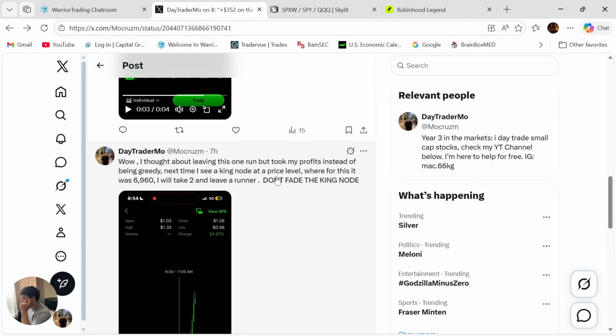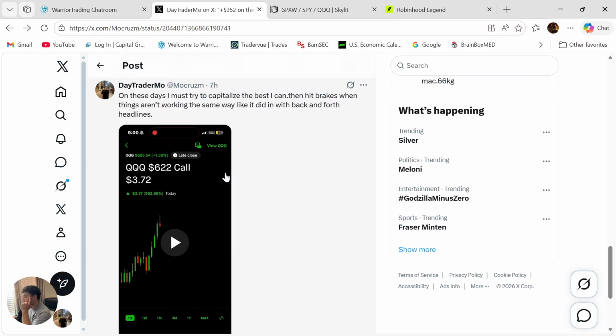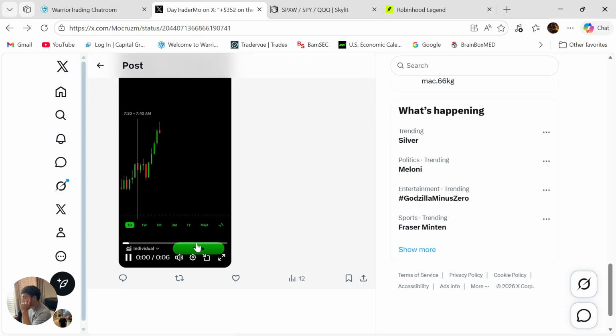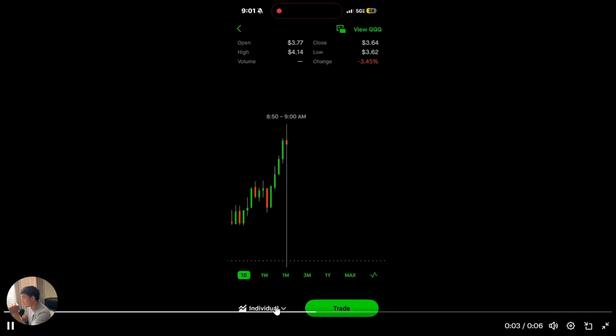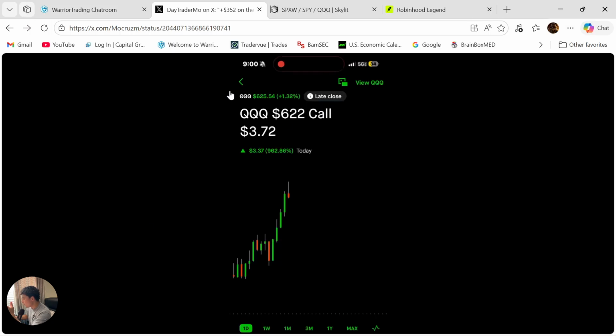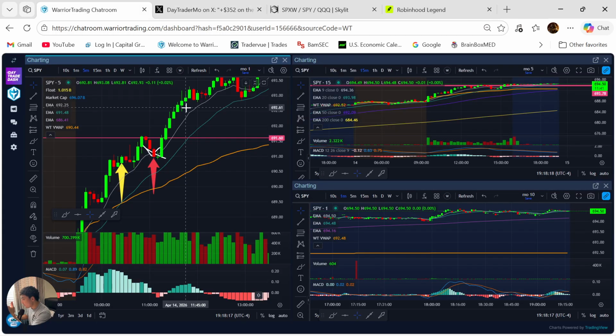I thought I was going to be too greedy, but I've got to be careful. Now look at the QQs. These went up to 500 because QQQ kept running up to 628 too. The highest these peaked at the time was 414, or 845. This is 8 for me. When you see 11 here, this is 8 a.m. for me. I missed this whole move by not letting that profit ride.